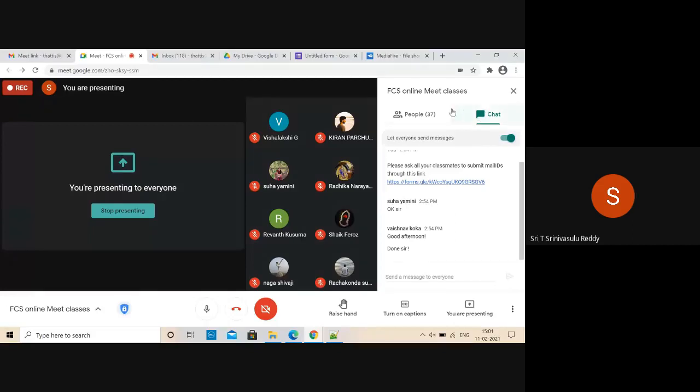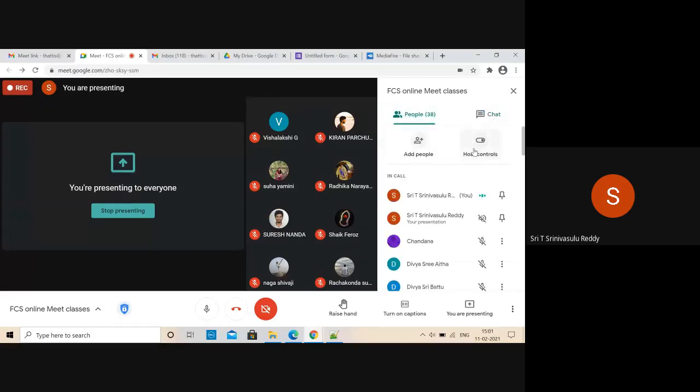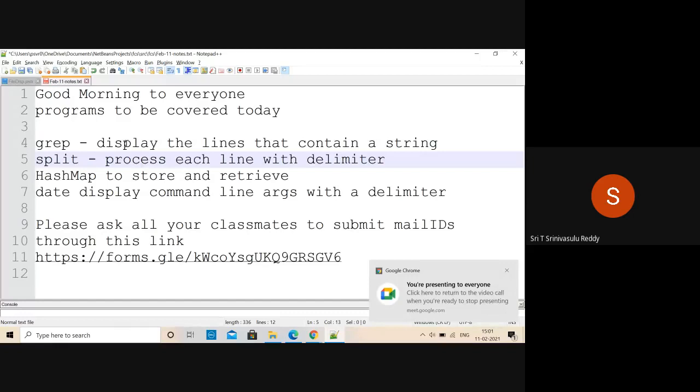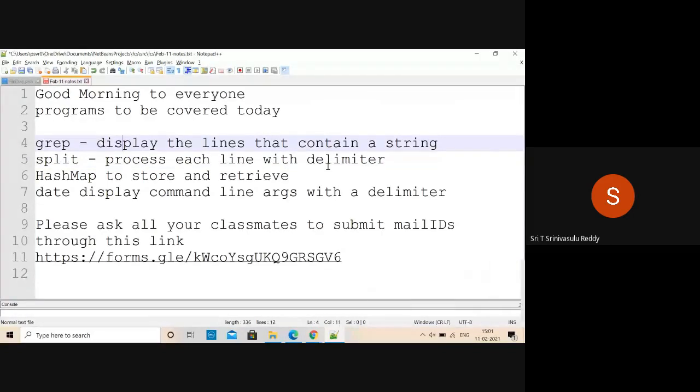Okay, so coming back to this. If you want to grep, the likely syntax is grep followed by first what you want to search, and then the file name.